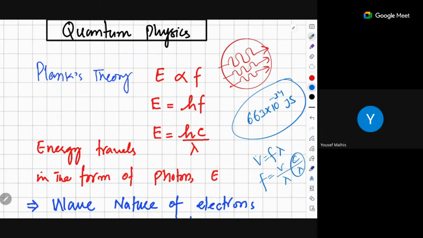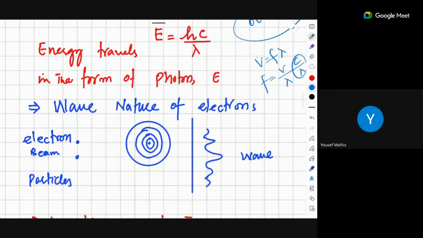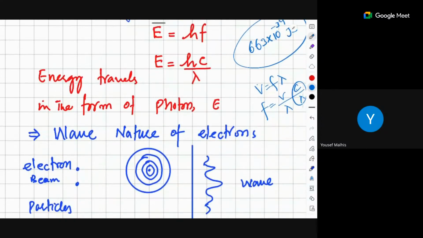These are the three equations you have to recall, and these are the equations from which you will be asked questions. Is there any confusion, or do you want to ask me something related to this? This formula will be given. Yes, this c by lambda, I think you have to recall all this: hc by lambda. Planck's constant value will be given to you, but the formula hc by lambda is to be recalled, okay? Should I move on?